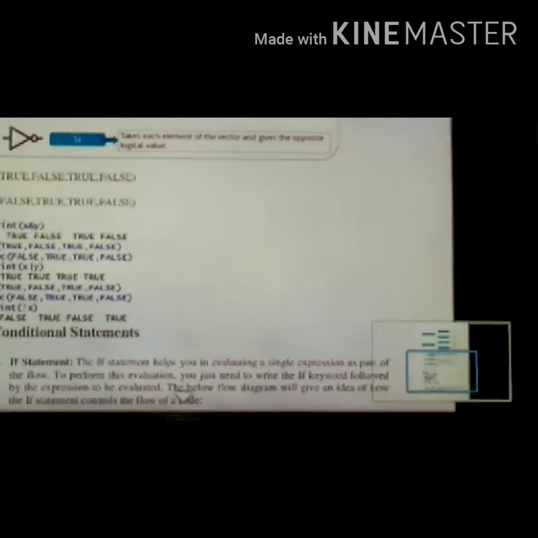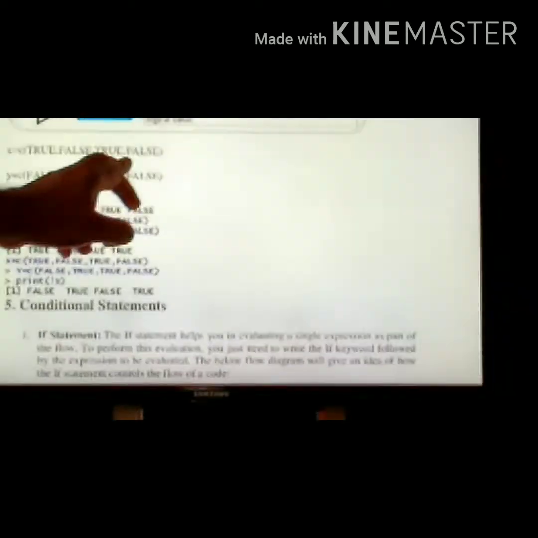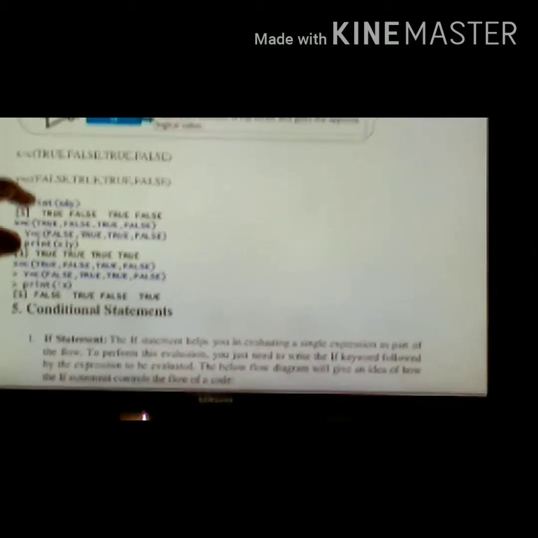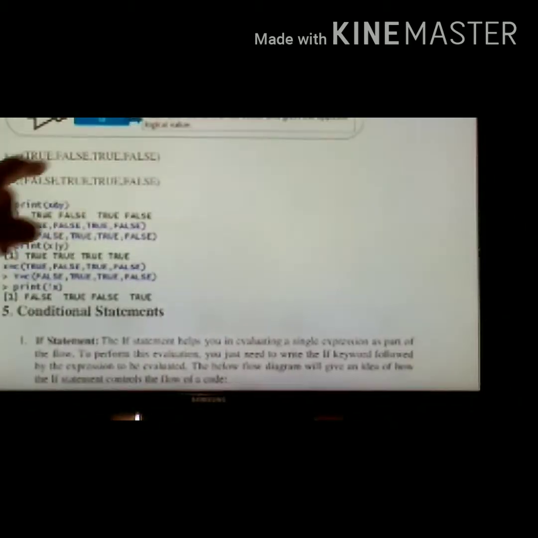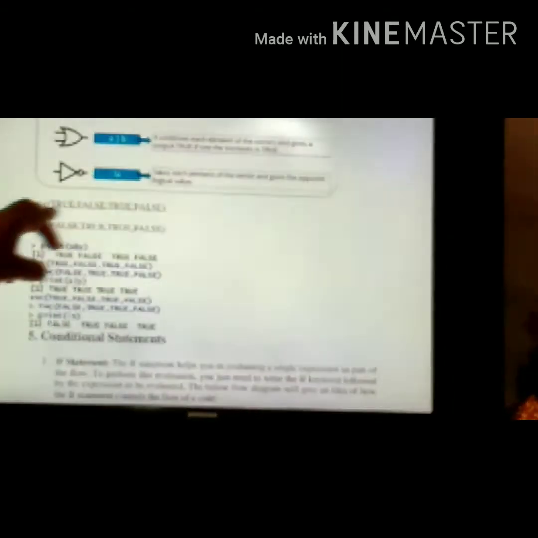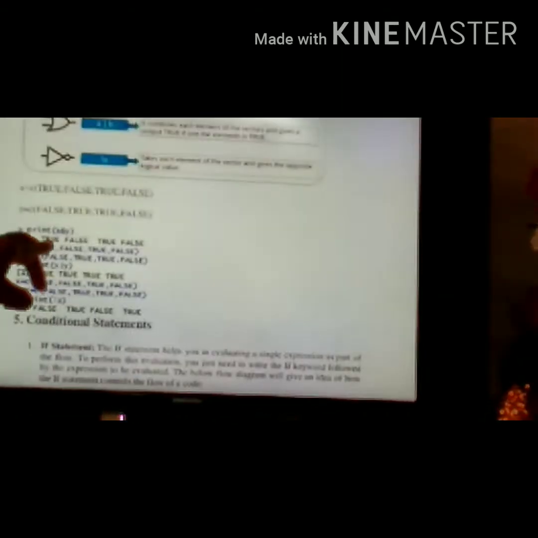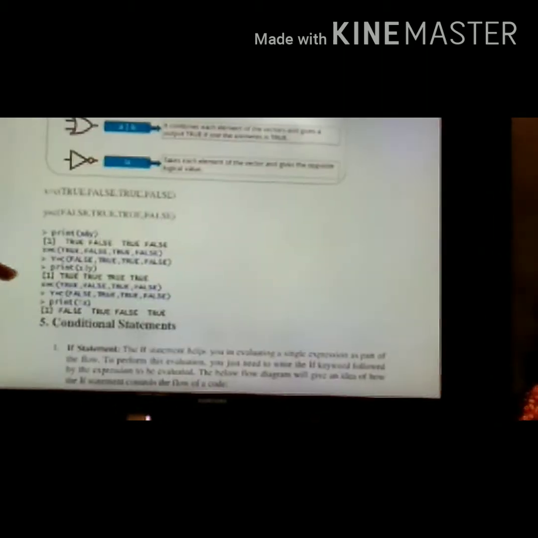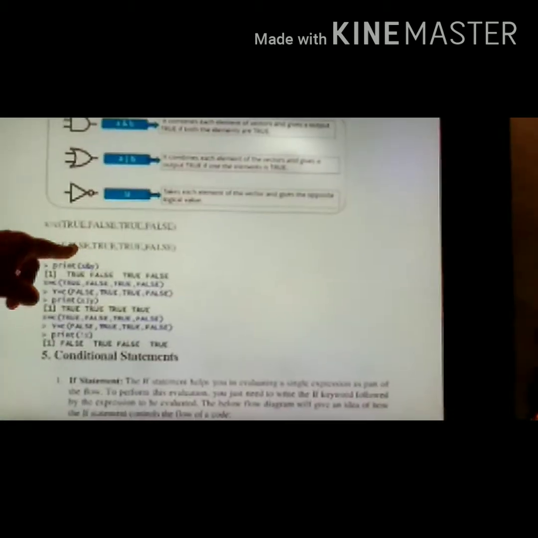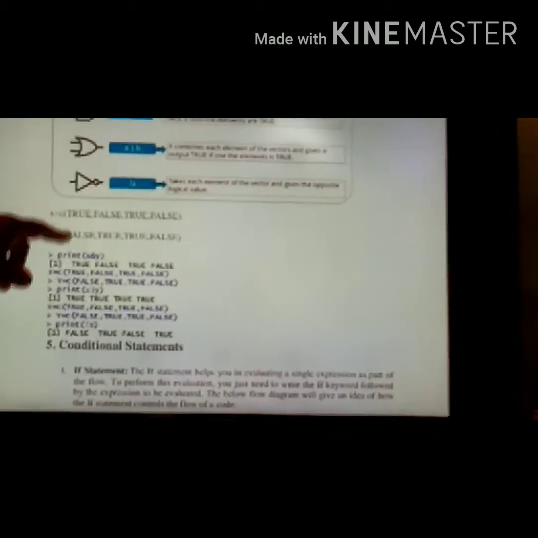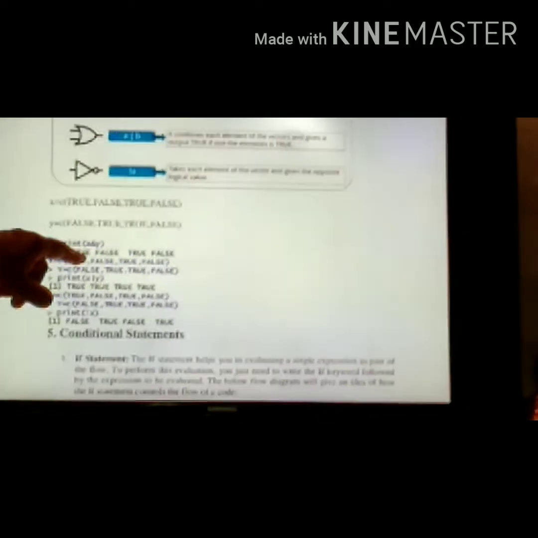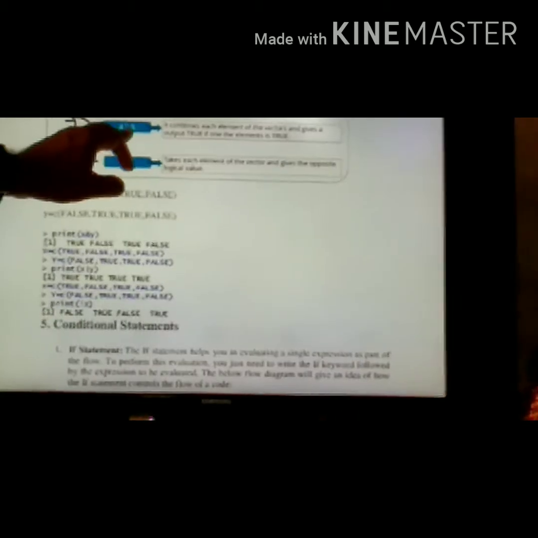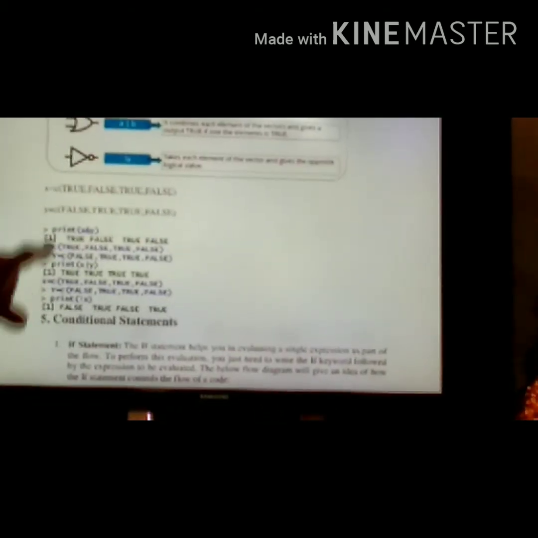Okay, so these are some examples. Suppose X is defined like this, Y is defined like this. First apply the AND command. AND means both elements of X are defined, all true, false like that. See, X is defined like this, Y is defined like this. What is the combination of X and Y? What is the meaning of combining both? Both elements must be true. Here X is true, false, so both are not true. That's why the result is false. The result is true only for true, true. So this is another example of AND, NOT and OR. I think you can understand clearly.